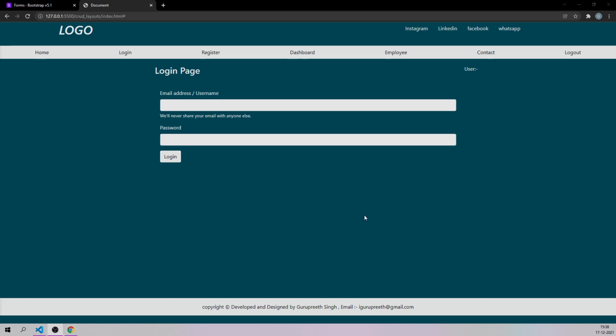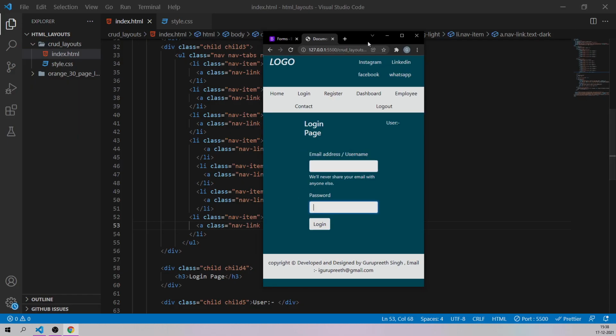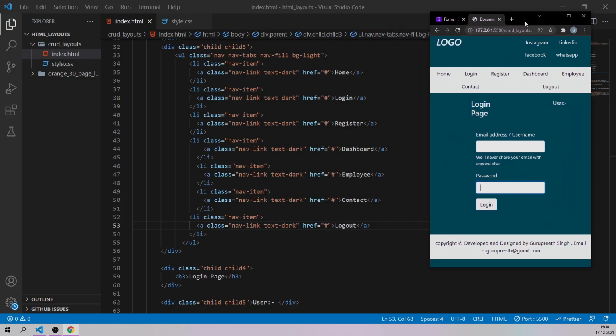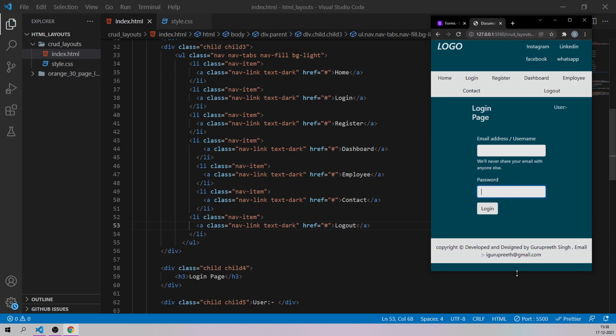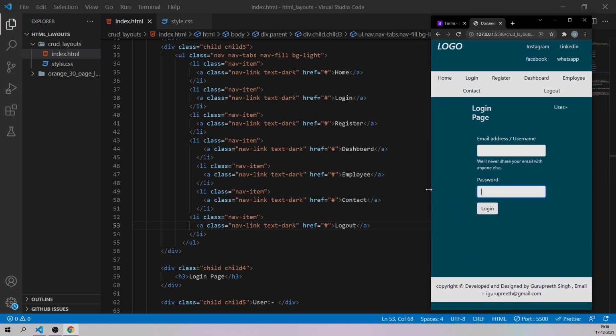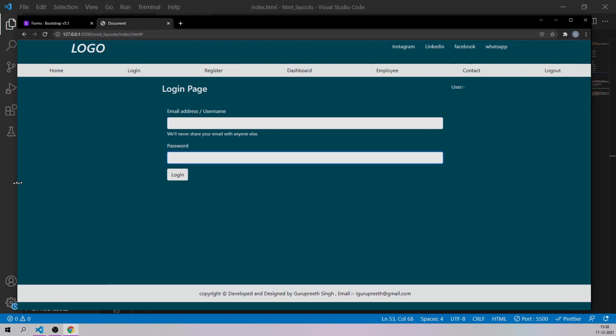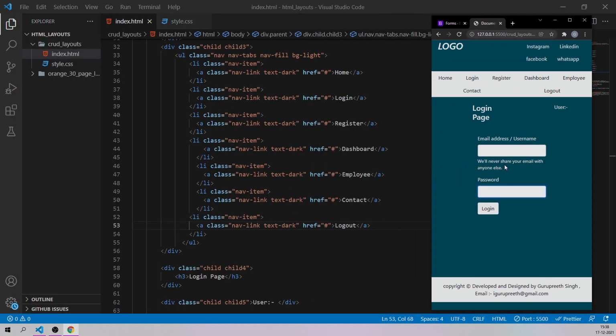So now the desktop view of this particular application is done. The only thing left to do is to make it mobile compatible. See, right now, if I minimize the size like this, if the screen size decreases, it's going to appear like this. We are going to have some spaces like this, and the username and all those things.